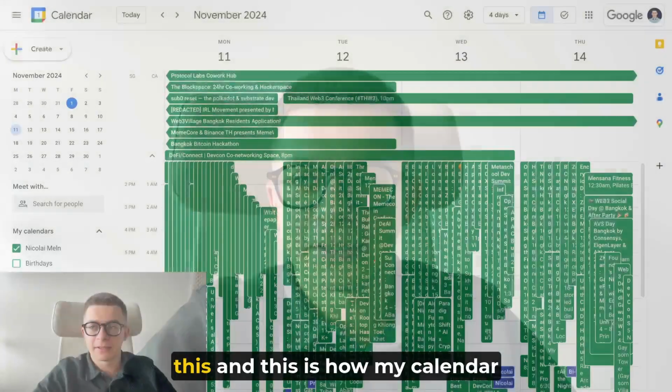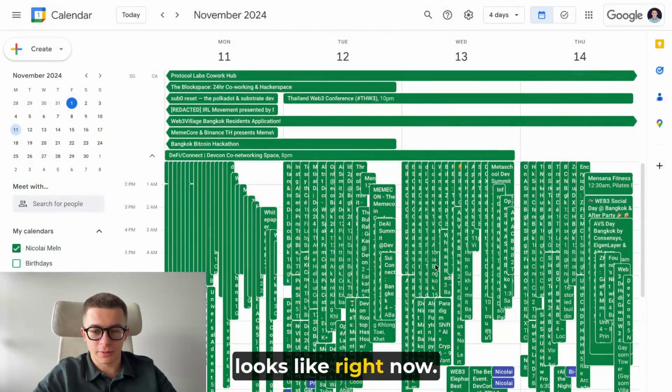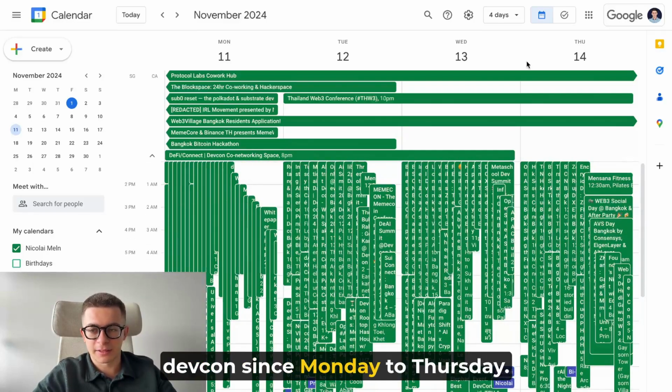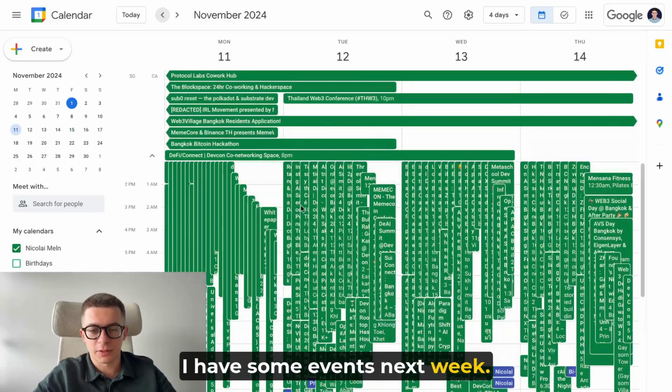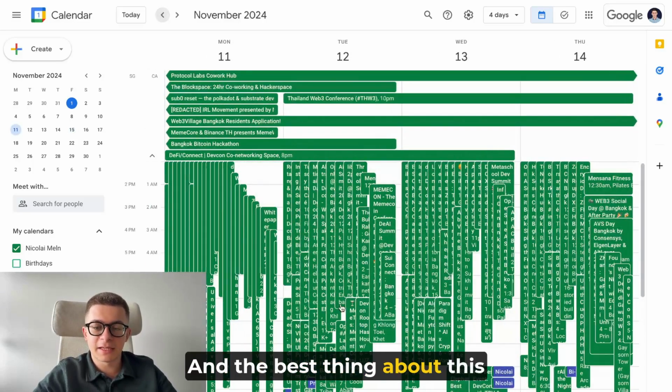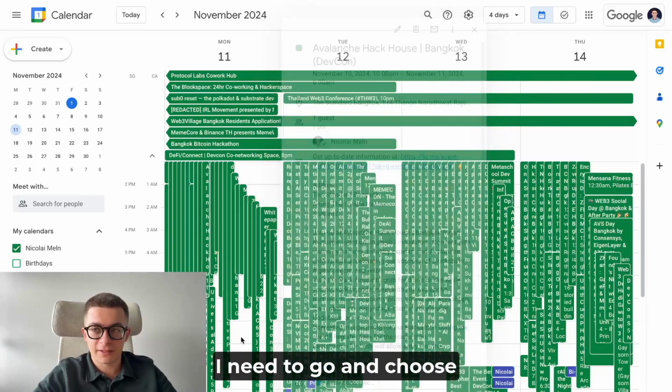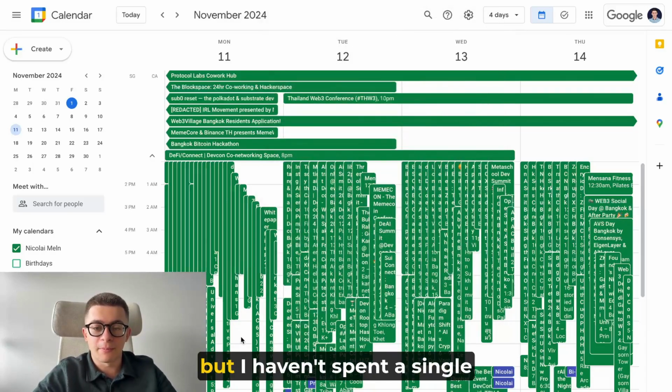I'm going to show you how I did this, and this is how my calendar looks right now. Just the 4 main days of Devcon, Monday to Thursday. I have some events last week, I have some events next week. It's very simple, and the best thing about this calendar is that it's full of different side events. I need to go and choose where I'm gonna go, but I haven't spent a single minute signing up and